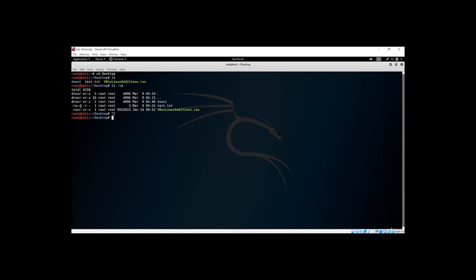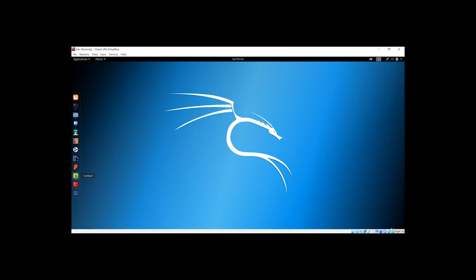The file group can only read, and the other users can also only read. If you want to change the privileges of this test.txt so that everyone can do anything to that file, you have to use the chmod command, which will change the privileges of this file. So let's go back and see the syntax first.